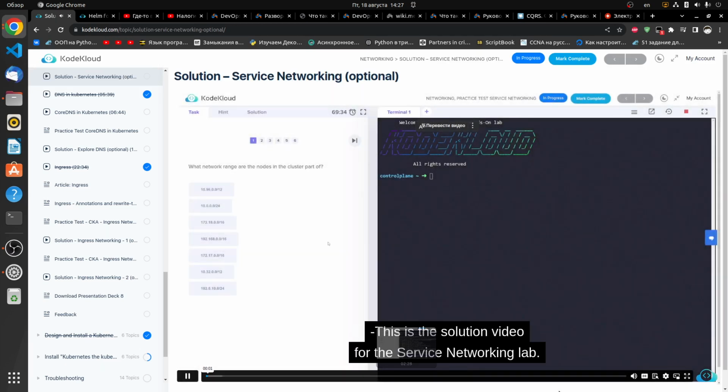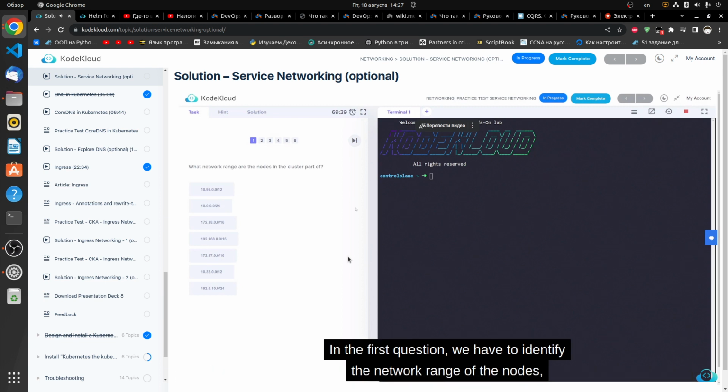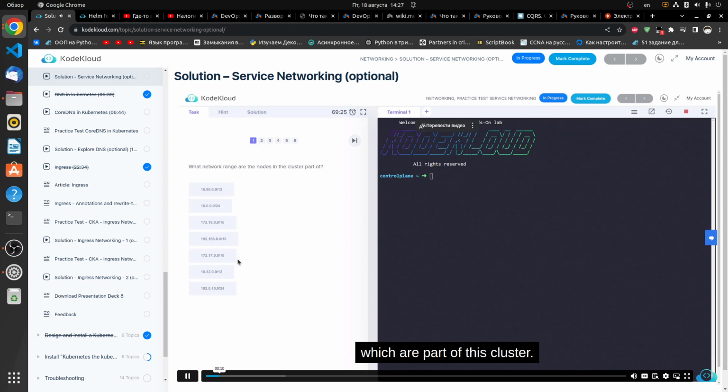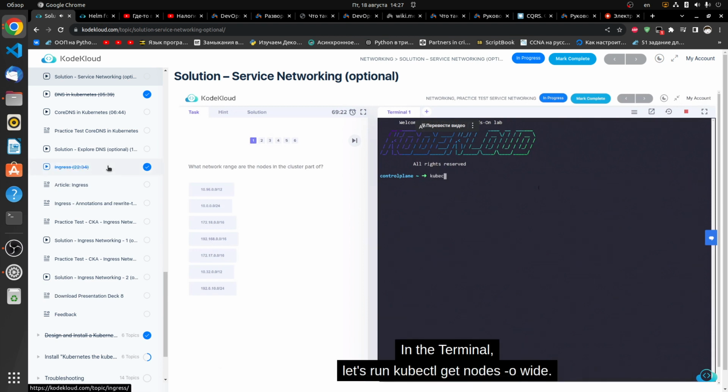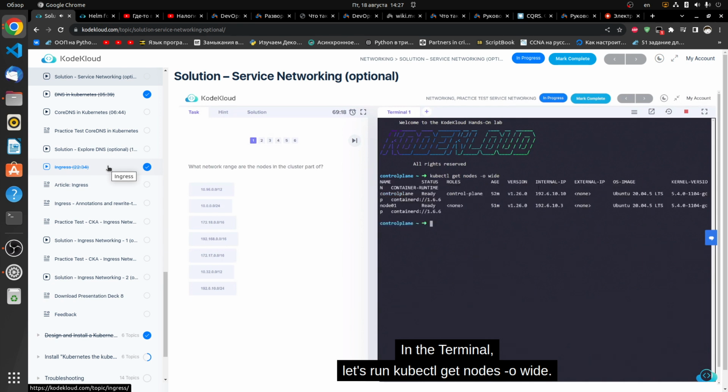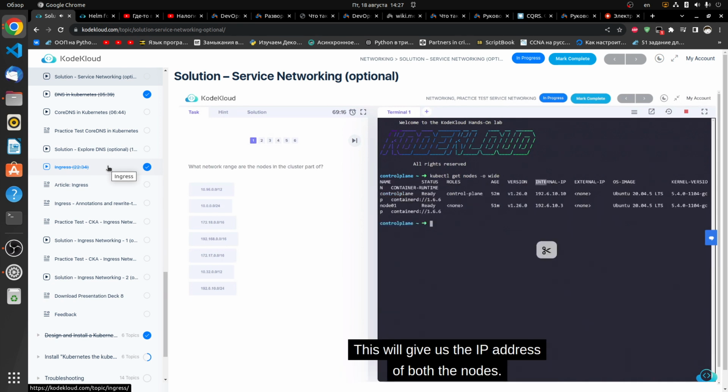So the first question is asking us, what network range are the nodes in the cluster a part of? So what this is asking is, what is the IP address of the nodes? So not the pods or the services, but the nodes itself. So what I'm going to do is I'm going to do a kubectl get nodes -o wide, and I'm going to look for the internal IP of my nodes. So I'm on the control plane, so